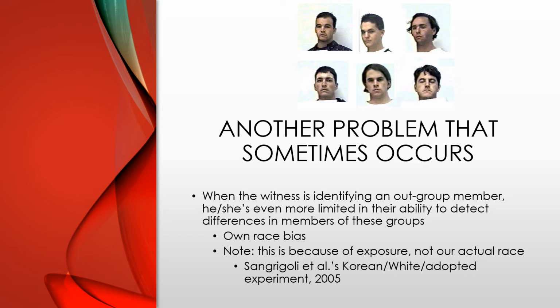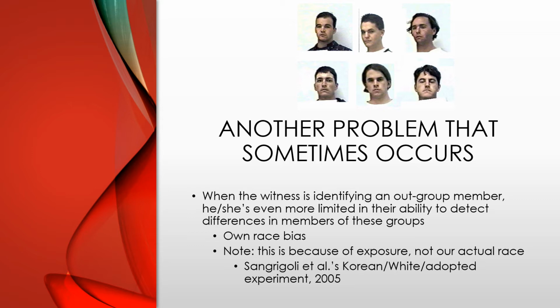It's also important to note that it's not quite about being able to identify just us, even though there is lots of research that suggests that there are these in-group, out-group biases that we've talked about before, where we assume out-group homogeneity and that everybody who's a member of an out-group possesses pretty much the same characteristics. As one study in 2005 also suggested, it's more to do with exposure than just assuming that everybody's part of the same group. There was a researcher named Sangrigoli,